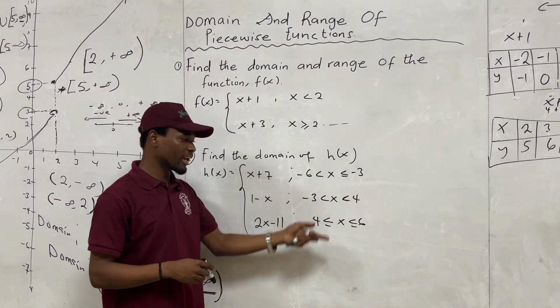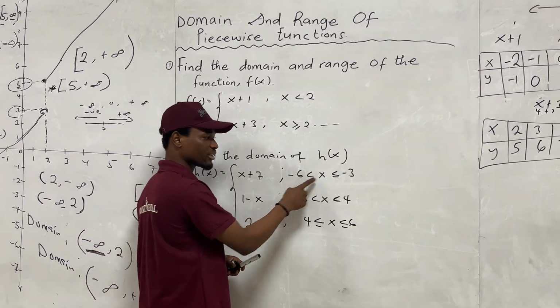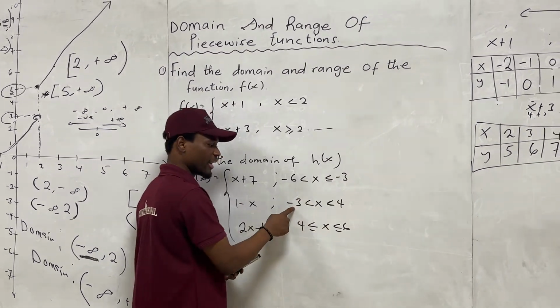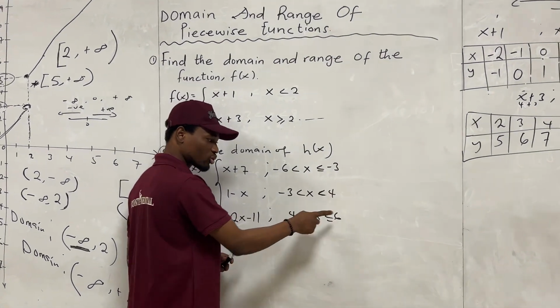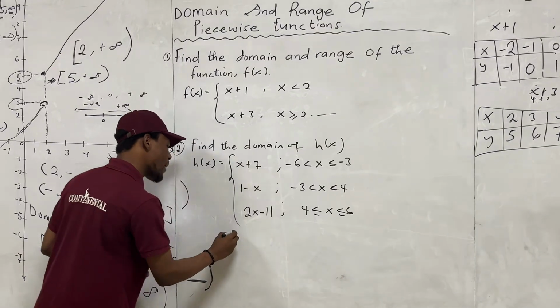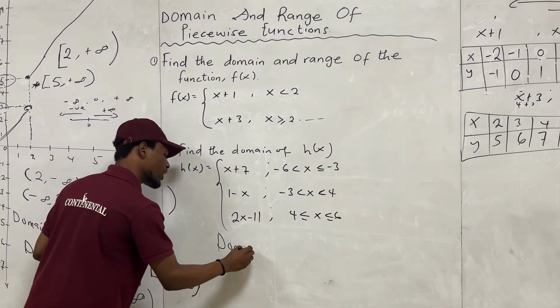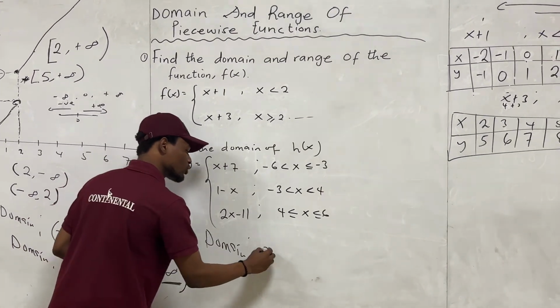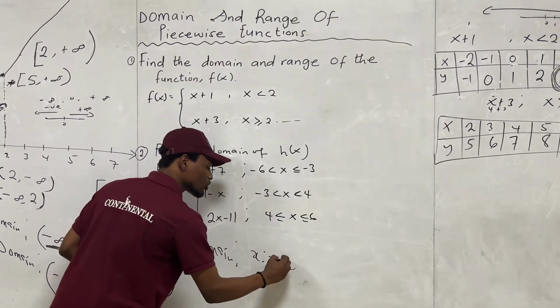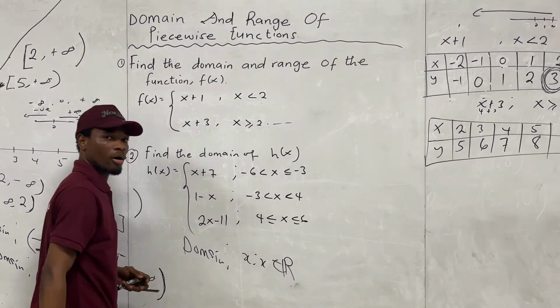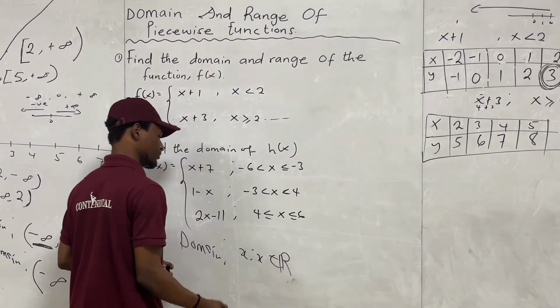So looking at this, from -6 to -3, -3 to 4, 4 to 6. So the domain is, x belongs to all real numbers, where